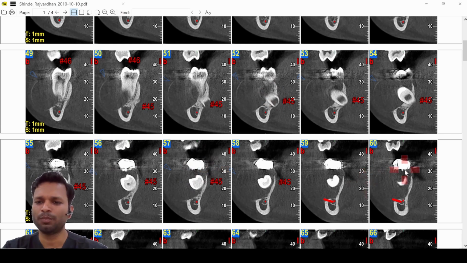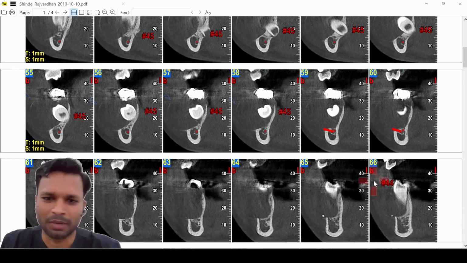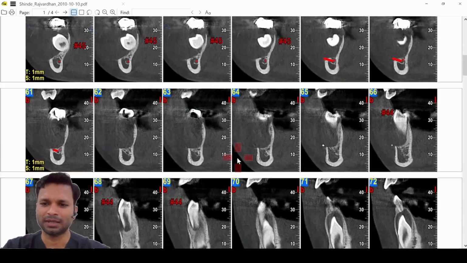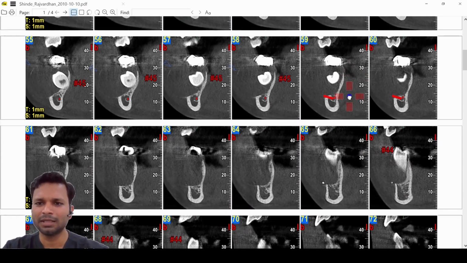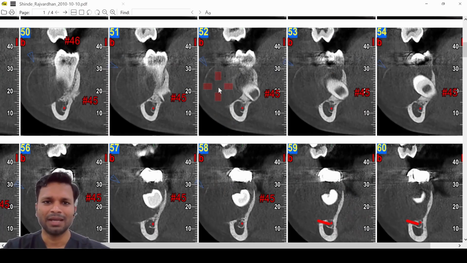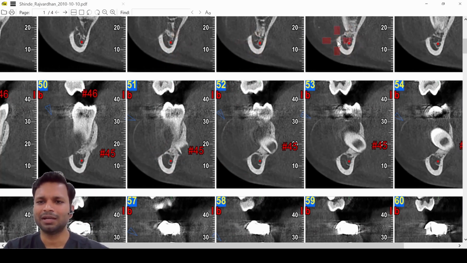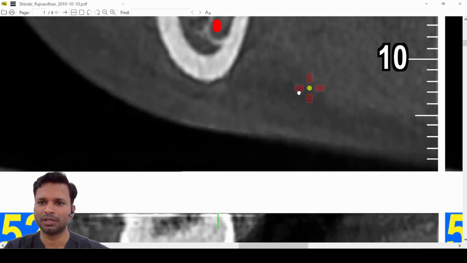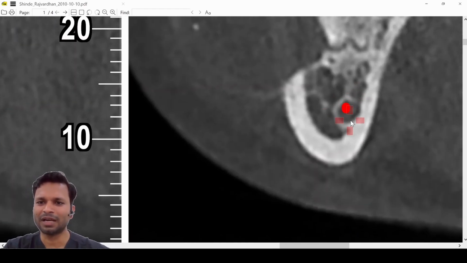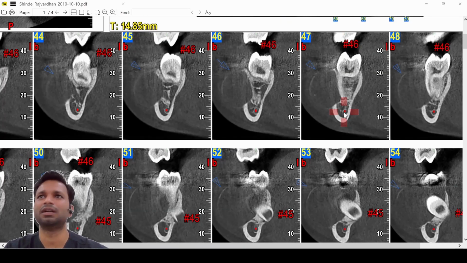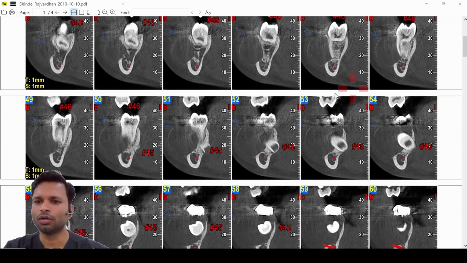There is complete bone resorption, and it is restored पहले हुआ होगा and then bone resorption बाद में हुआ है, which is visible here. And another thing, let me zoom in, in every slice can you see this red dot? And if I zoom in further, surrounding the red dot we have a circle. This is the mandibular canal and this red dot denotes the inferior alveolar nerve. Okay, so if you follow this red dot,